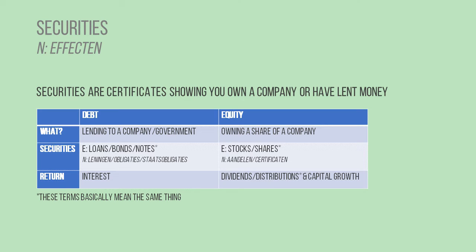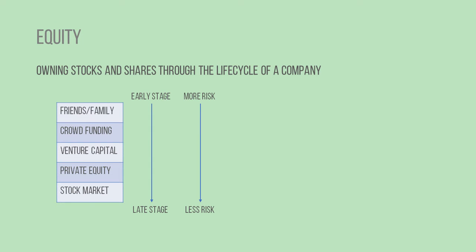So to make it a bit more clear, I'm going to go through the particular examples of how you can invest in equity, and that's when you're investing in a company, and the life cycle of a company and which different areas you might fit in as an investor. So this slide shows the 5 main stages of which you can invest in a company.